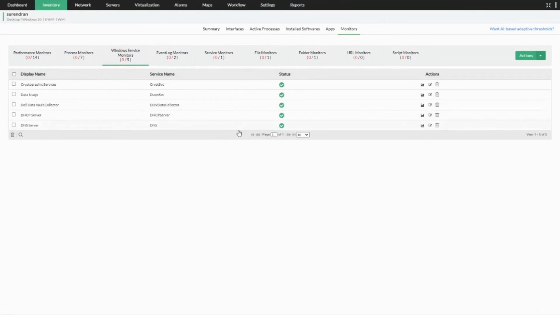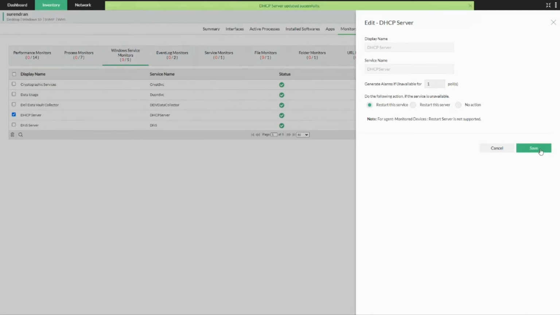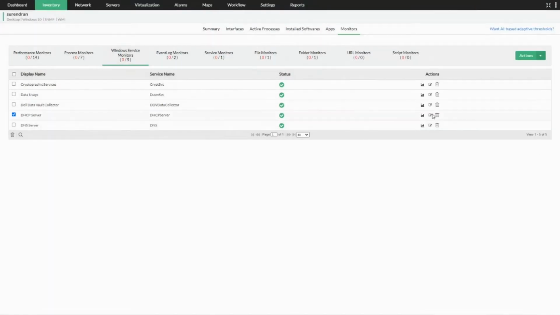So, for example, in case my DHCP service goes down, it's a critical service for me. I need the service to restart automatically whenever it goes down. So in those cases, I can choose restart service and save it. So whenever OpManager detects that this particular service is down, it will immediately restart the service itself.